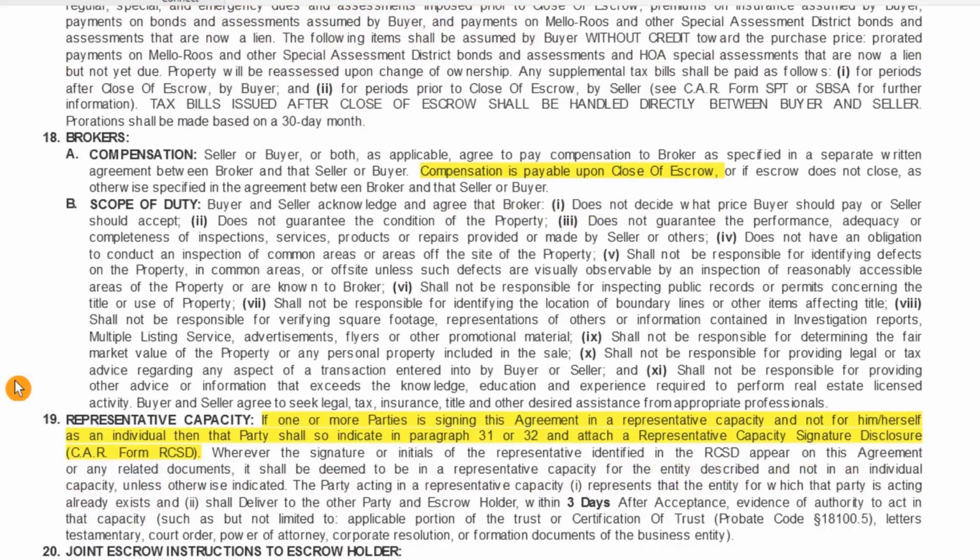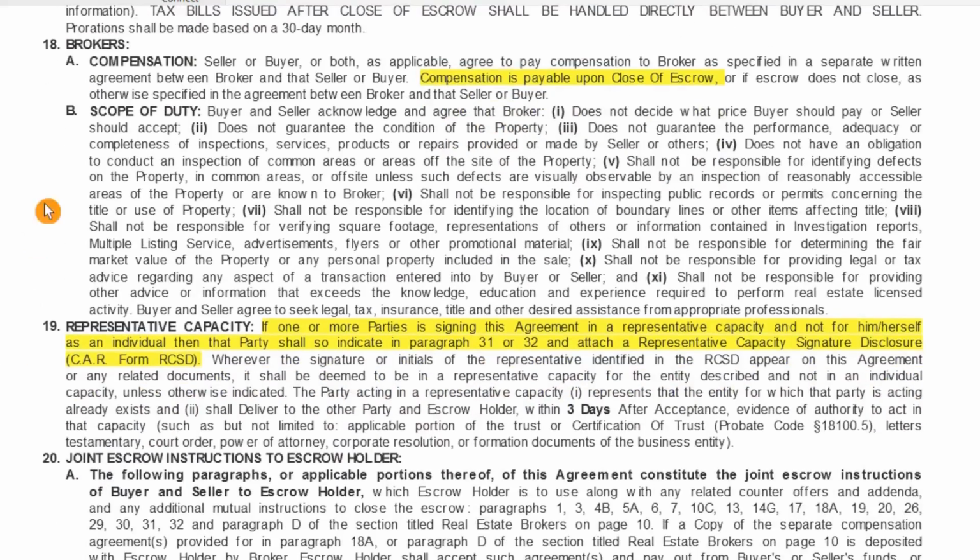Section 18 talks about brokers, and as noted before, the brokers and their agents are only parties to the escrow as far as compensation is required. And it is detailed here that compensation is payable upon close of escrow, and the other specifics on how that works. And in B, for the scope of duty,